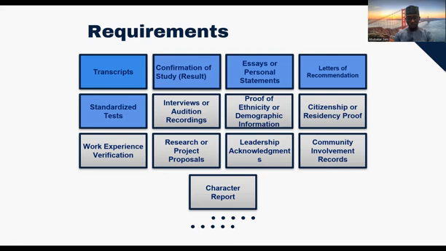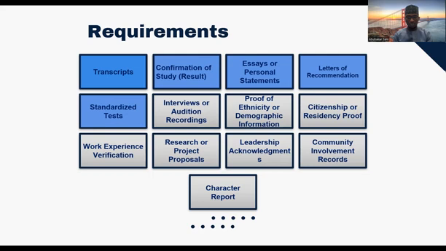Interviews and auditions. Sometimes they invite you to interviews, especially after you pass the first phase. Normally the first phase includes your documentation. If you have enough documentation and you fulfill all the requirements, then the next stage is mostly to be invited for an interview. Here they would like to talk to you. They would like to get to know the person behind those documents. Okay, those documents, who is that person? They would like to talk to that person.